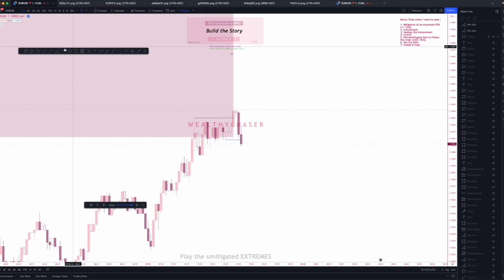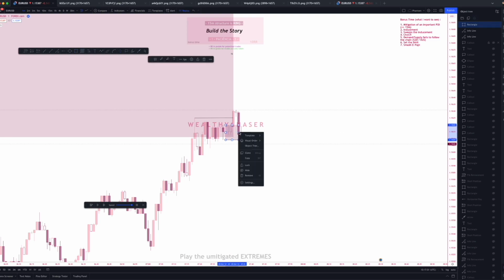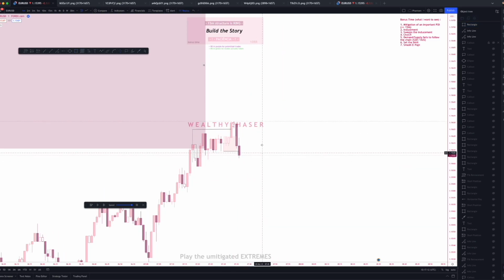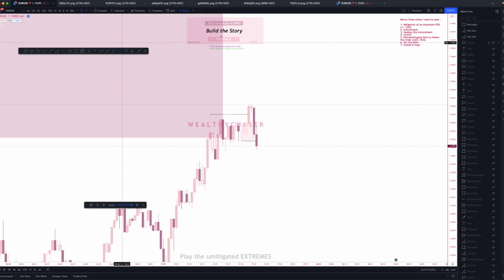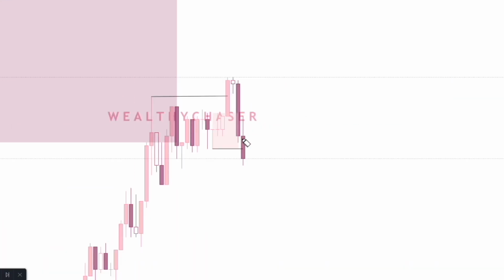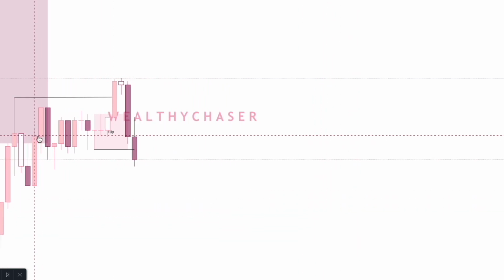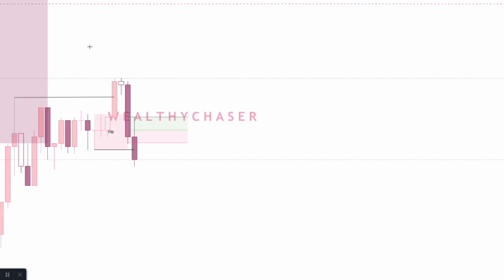This I consider a whole demand before the break of structure. So if we see carefully here, obviously this is on the 1 minute and we need to train our eyes to see this quickly, but we actually have a reaction to this demand and then a failure, right? So this for me is a flip. So if this is a flip, now we have two zones that we can enter, right? We can enter here, we can enter here.